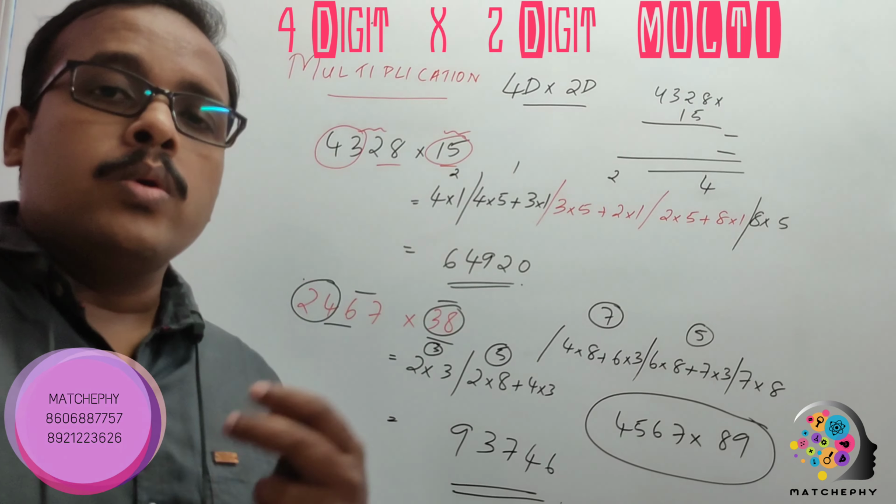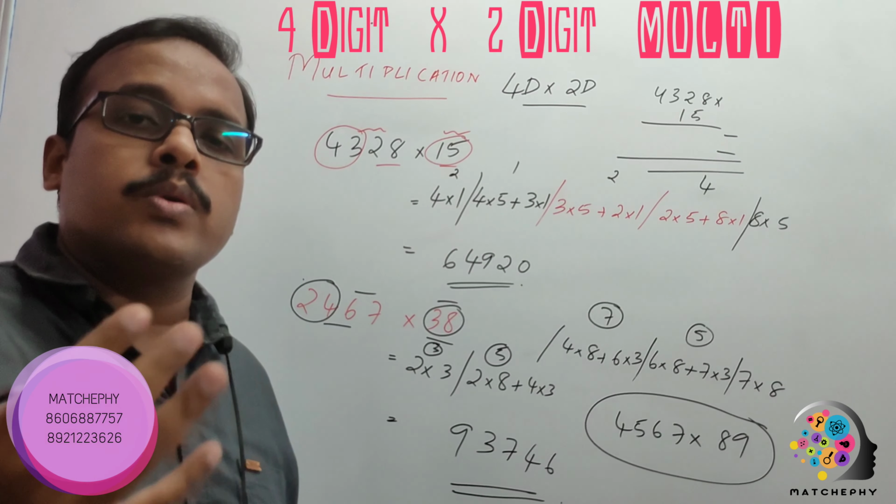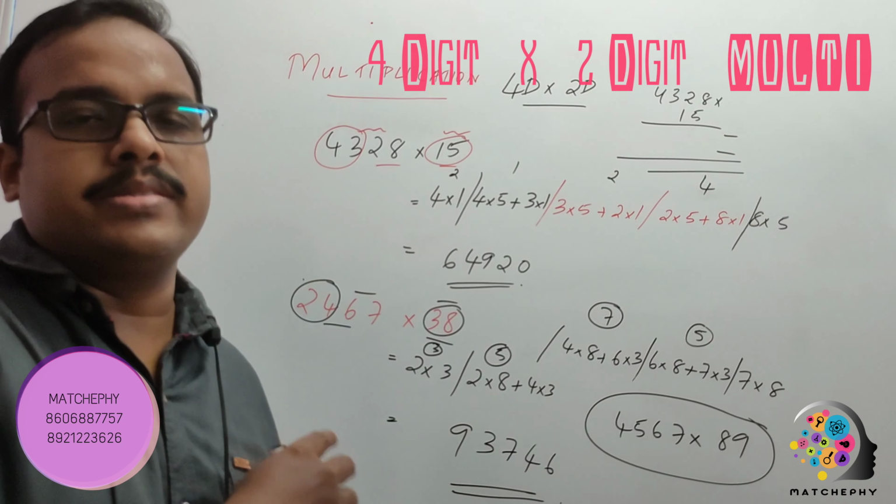Now 3-digit multiplication, we'll go for another session. That'll be easier. Please try. Any number you try, then check it with the calculator or anything. I am sure you will get it. When you go through 3 or 4 questions, you will be fine with this. This is very easy. Okay.